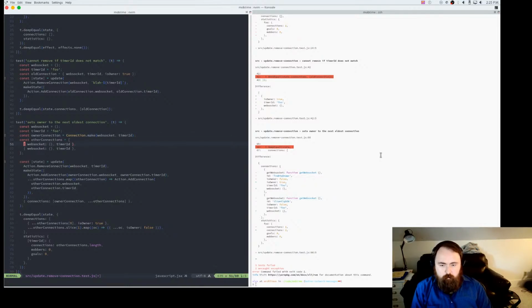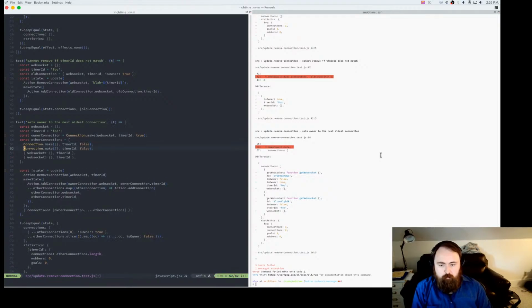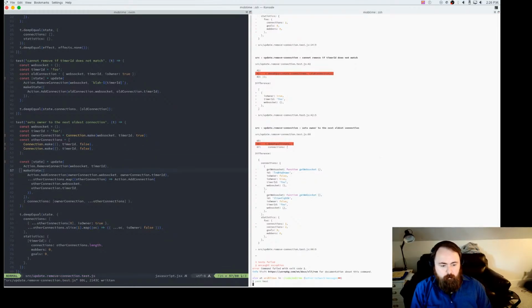And then this would be a connection. Actually, this one's an owner too, so let's set that as an owner. This one is just empty WebSocket, doesn't matter. And these two should be fine now.